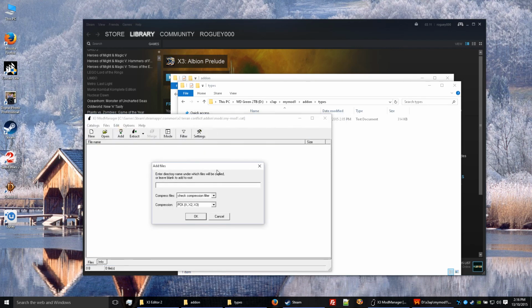right, now we've got this screen. This is important to get all these things set right. So on here we ask where we want to put this file inside this mod we've made. If you can see up here, we've got these directories: my mod, add-on, types. So what we want to do is add the prefix add-on and types in front. So if we click here and put add-on / types,